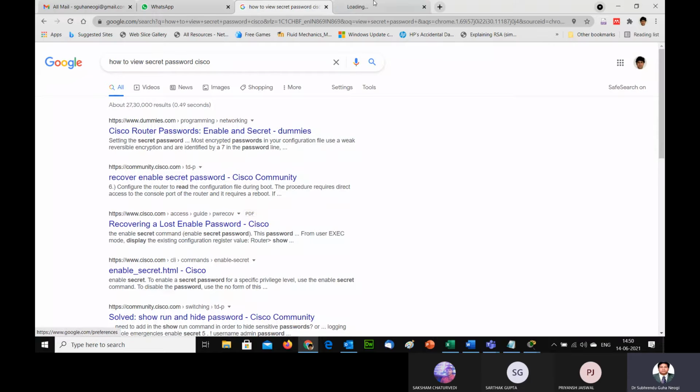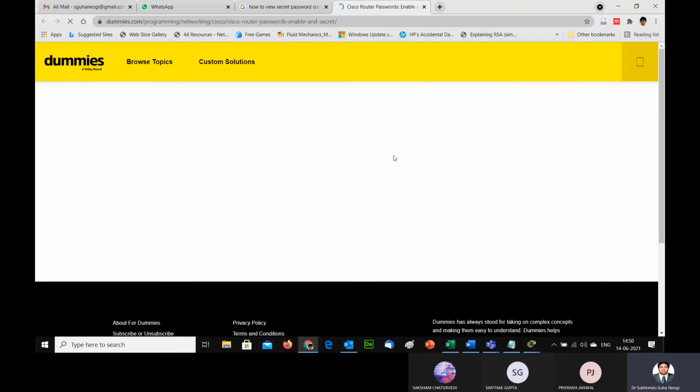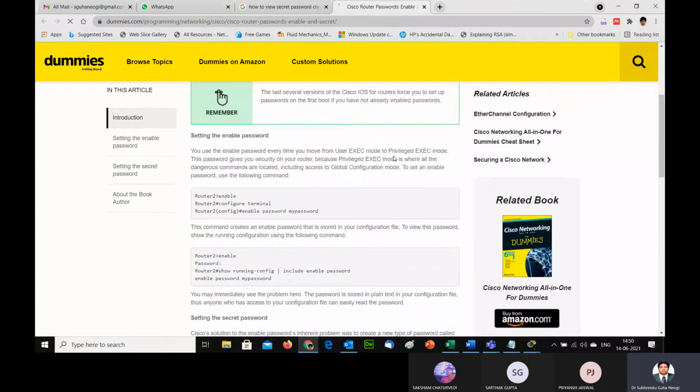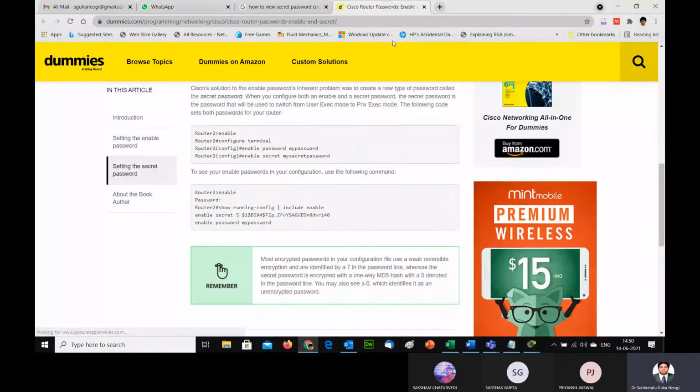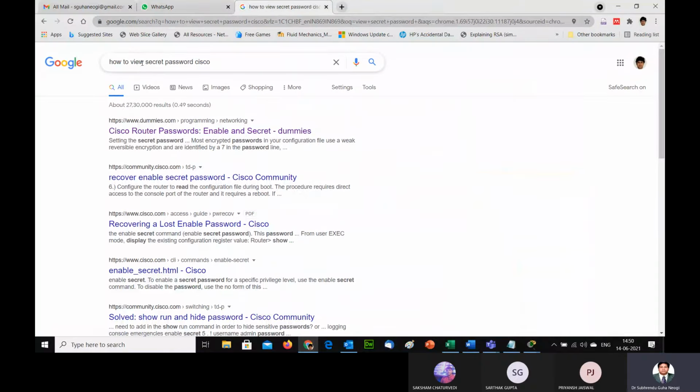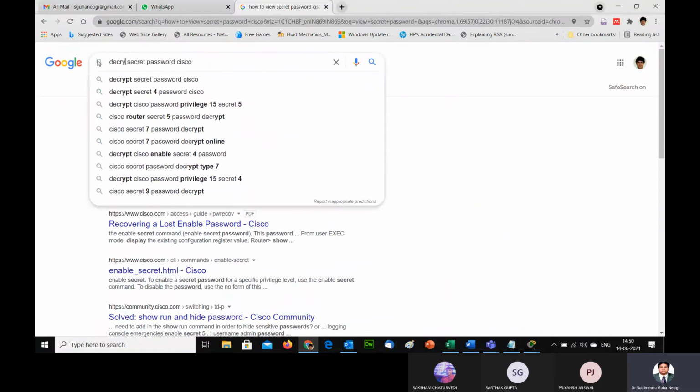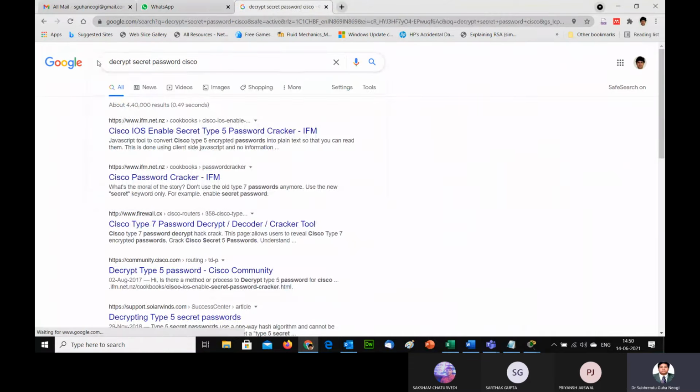So you can see that there are a lot of tools available by which we are able to see this secret password. So we can write decrypt secret password. So Cisco password cracker, there is a site.